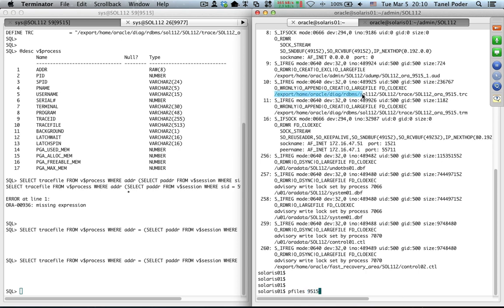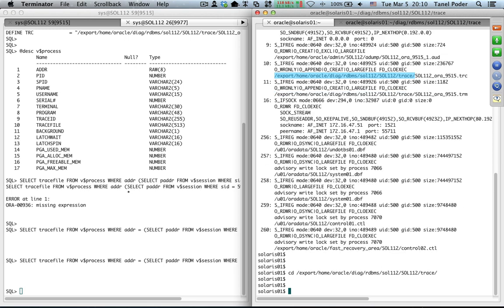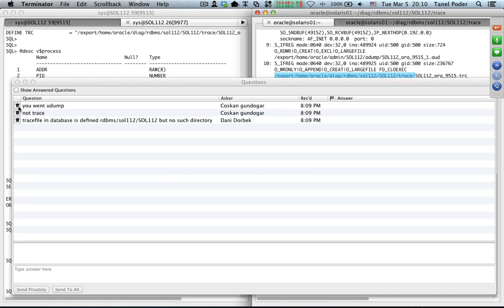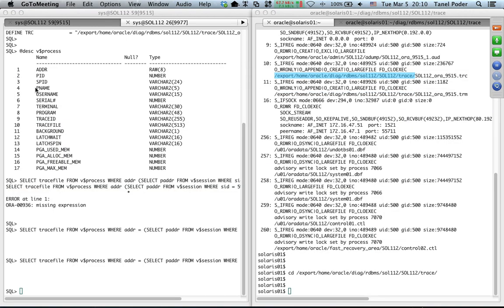Okay, and it's in the diagnostic home. So I have my scripts which calculated this location, and apparently they were wrong. Anyway, so this is where I go. So inevitably we managed to do a little bit of troubleshooting as well, even though I just wanted to demo something different. Oh yeah, I was searching for udump as well. Anyway, okay, now we are in the right place,